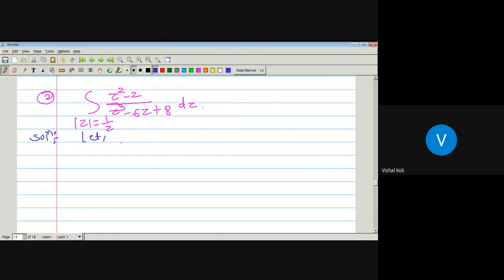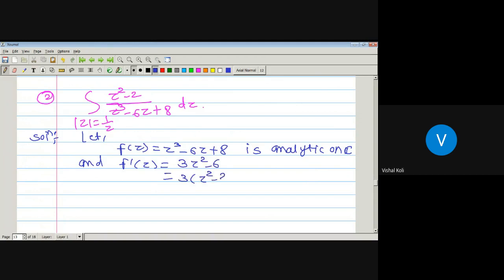Let f(z) = z³ − 6z + 8. As it is a polynomial, it is analytic on the whole complex number system. And f'(z) becomes 3z² − 6 + 0, which can be written as 3(z² − 2). Now consider the integral over |z| = 1/2 of f'(z) divided by